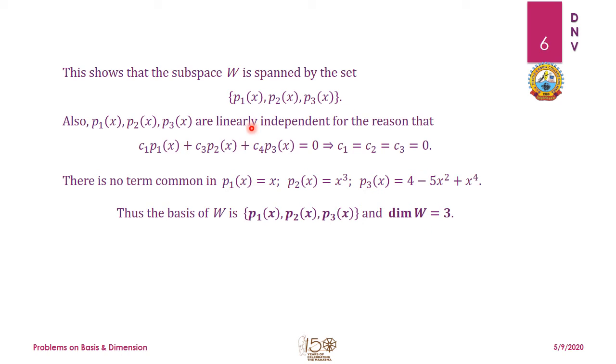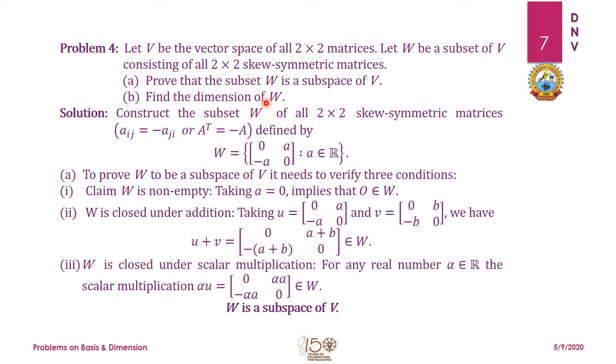So with this problem, we are able to understand that for restricted sets where restrictions are in the form of linear equations, we can always use the augmented matrix and find the solution in terms of free variables, which is helpful in deciding the linear dependence or independence of the set we have obtained so far. So this is a very important example from the point of view of restrictions on elements. Next we come to the fourth problem, where we consider another problem related to 2 cross 2 matrices.